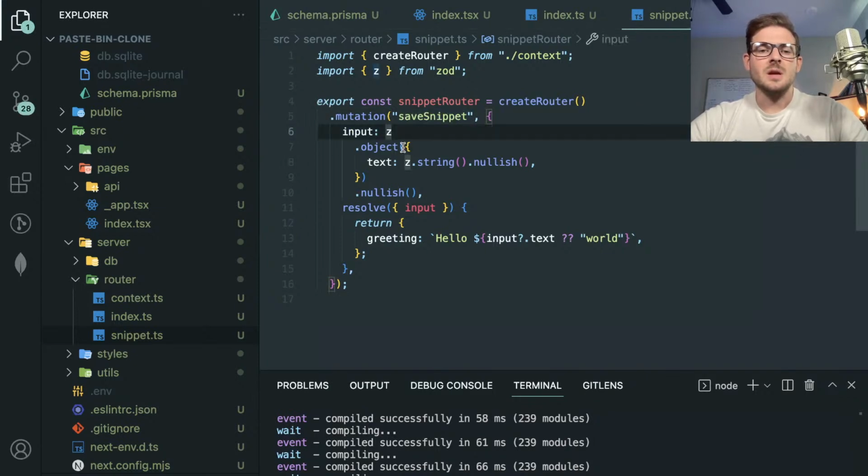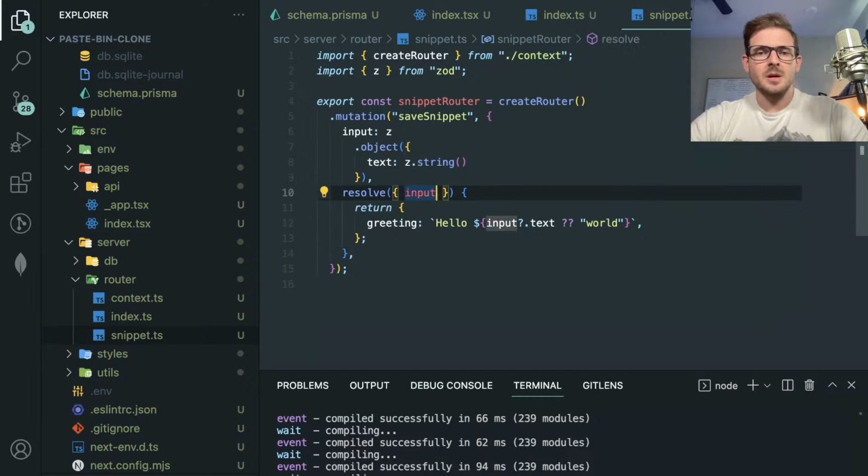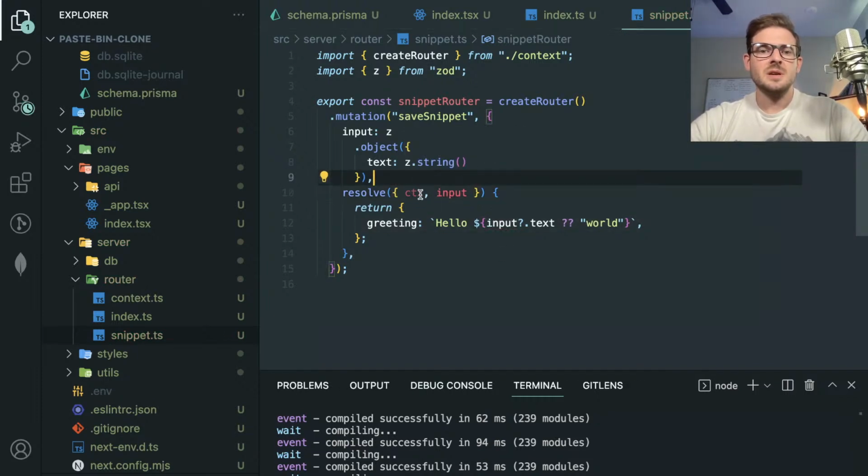Keep it consistent. And this is going to take in some text. We don't want it to be nullish, so I'm going to delete that. Nullish allows you to make it optional, but we want this to be required, right? So how do we persist this thing into Prisma? Turns out you have access to a context, when you do this T3 setup,